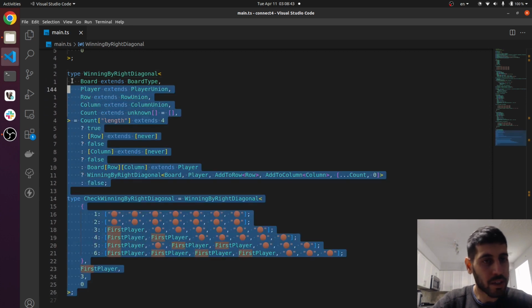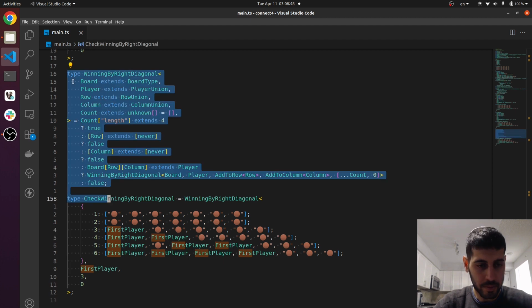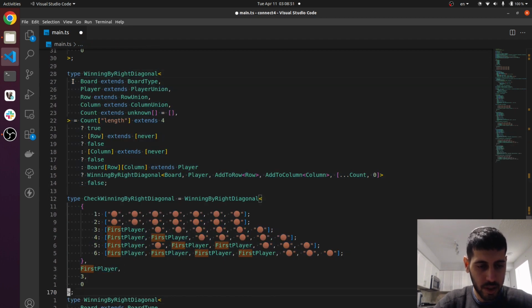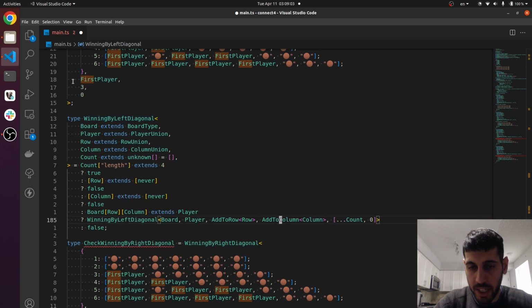So the same thing, almost the same thing, without the winning logic. Just copy and paste. Be mindful about copying. Winning by left diagonal. Winning by left diagonal. And instead of adding to the column, we're going to subtract from column. Subtract. So winning left diagonal should be